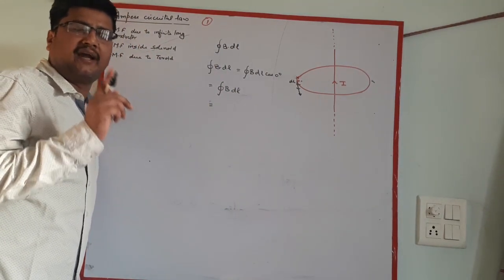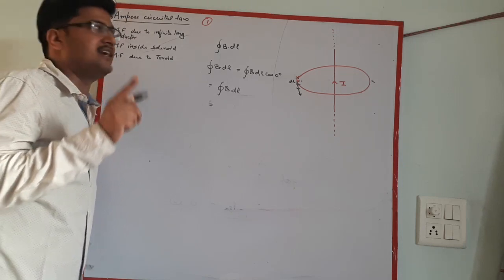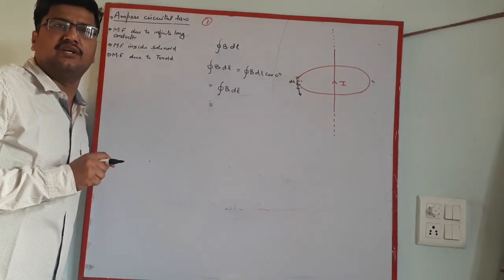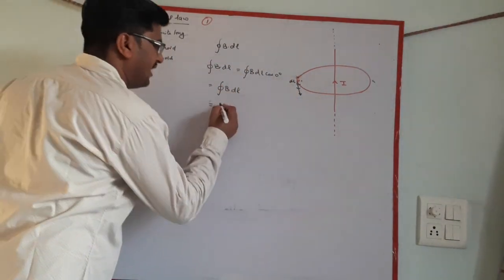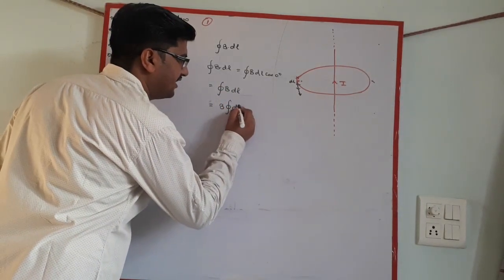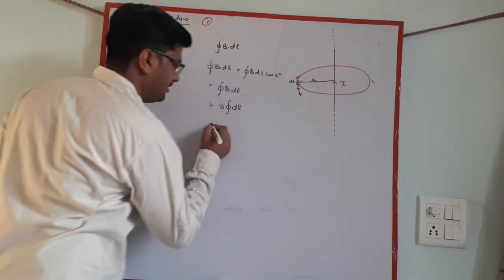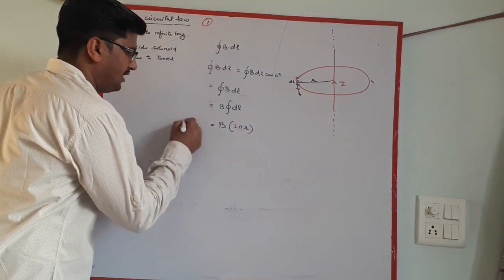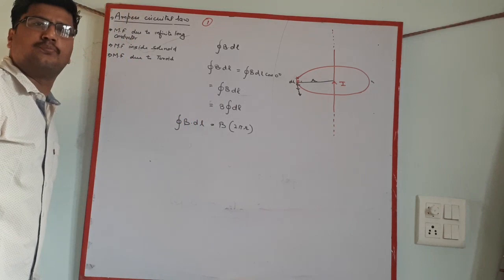B has a constant value. We said that Ampere's law is useful in three main cases. First one, the magnetic field should be tangential to the Amperian loop, with non-zero and constant value. So it is the first case. If constant, B can be taken out of the integration, then what is left is dl, and the integration of dl, if this distance is r, is 2 pi r. So the integral of B dot dl is equal to B into 2 pi r.